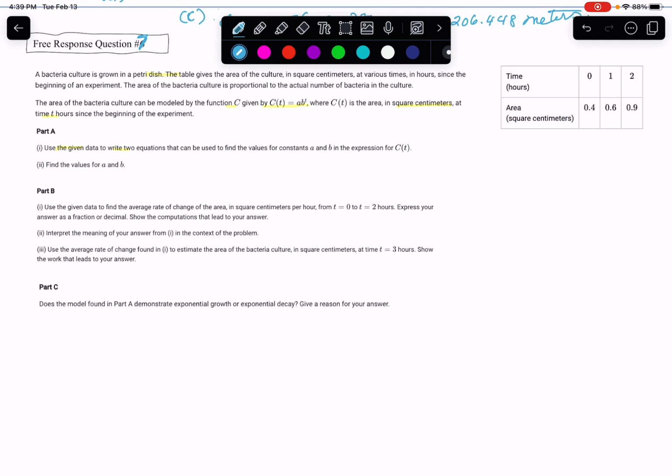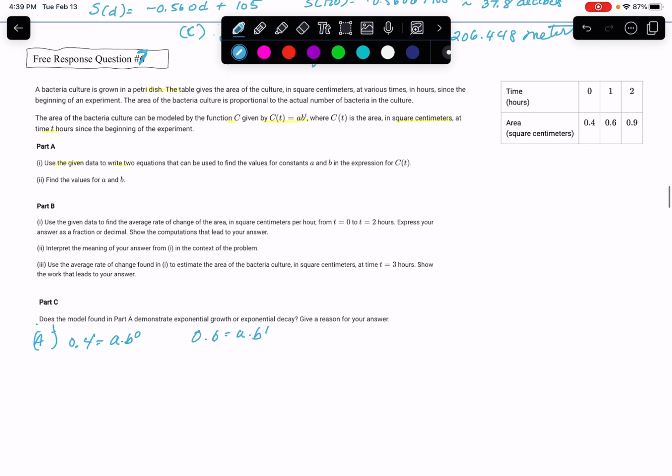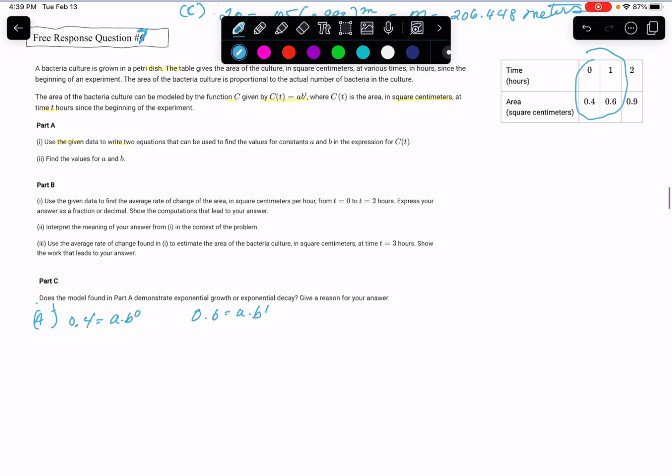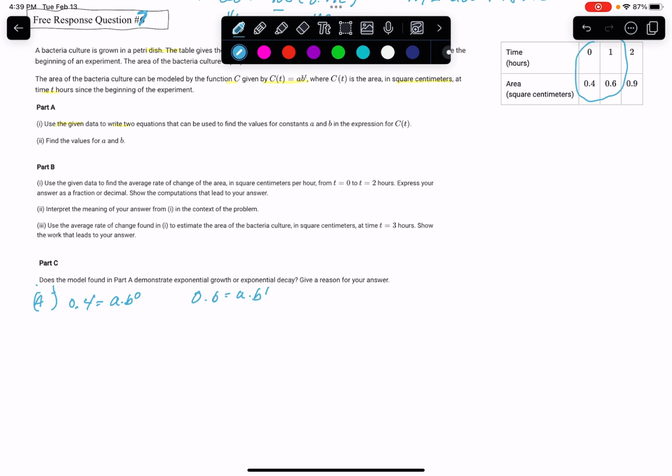So we would say, 0.4 equals A times B to the 0, and 0.6 equals A times B to the 1, right? So that's what they gave us. We're using these two. Okay, and that was for part I, and for part I under A, it says find the values for A and B. So A equals